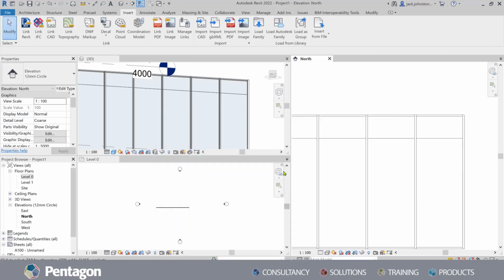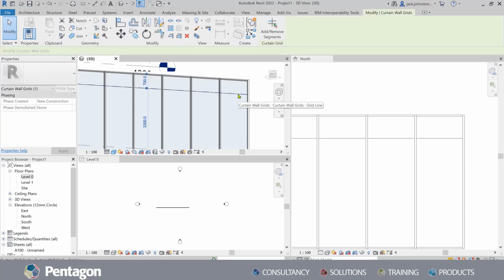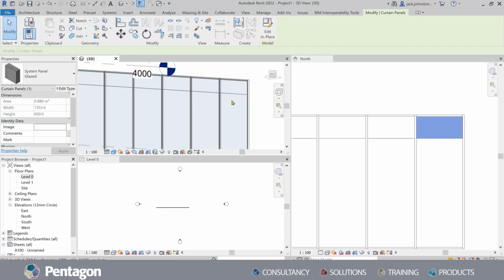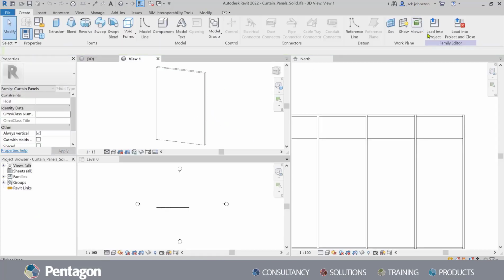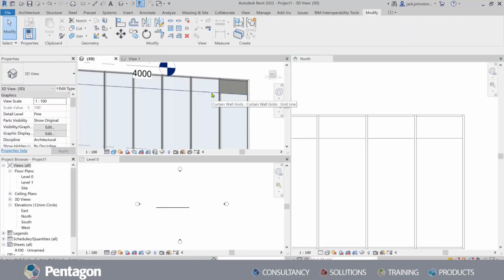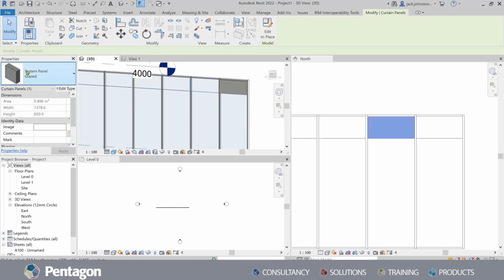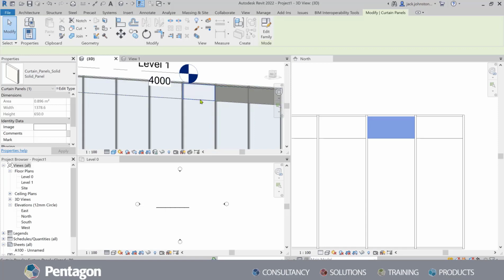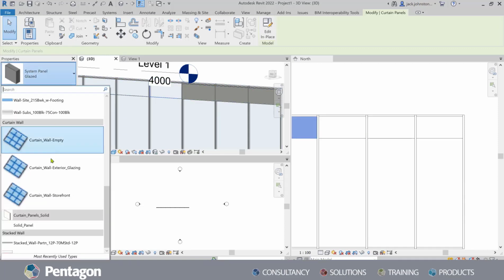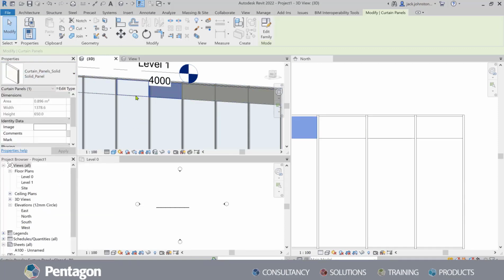So if I go into 3D view here and press the tab button until it highlights the panel I want to select in blue, then we can go in and apply that solid panel there. And I'm just going to repeat this process. I've just gone into the panel itself. Just going to press tab and repeat this process across the top here. Now it's quite quick when you get into a rhythm, and you can see that you can start to quite quickly create a curtain wall